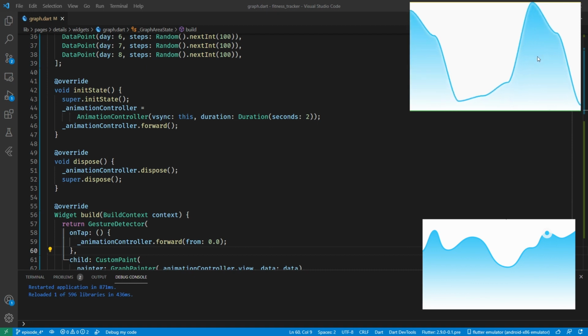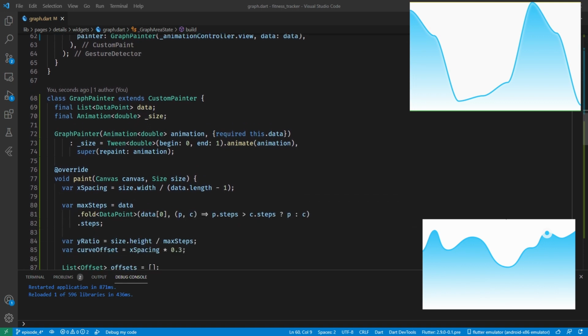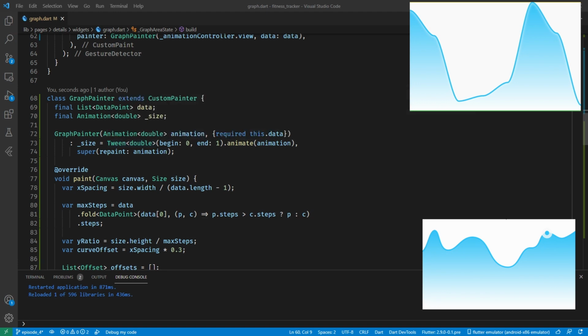Okay, now the animation grows and it's a very linear growth, it's continuing the same speed. We can apply a curve to our animation and make it a little bit more interesting visually. So let's come back down to where we've got our size, and this is why I didn't just want to put the animation value here, because I knew we were going to change this a little bit more. So we're going to animate it, and instead of passing in just the animation, we're going to pass in a new